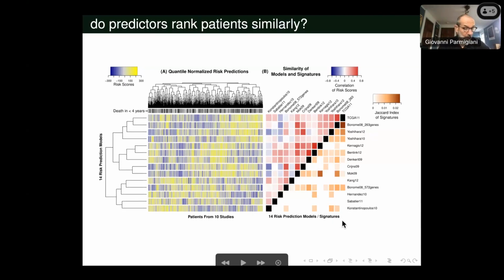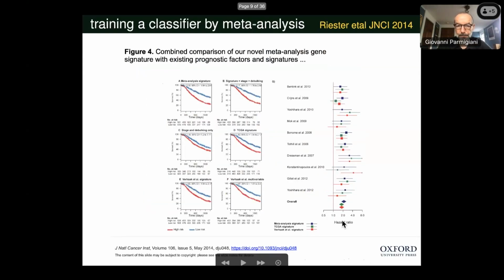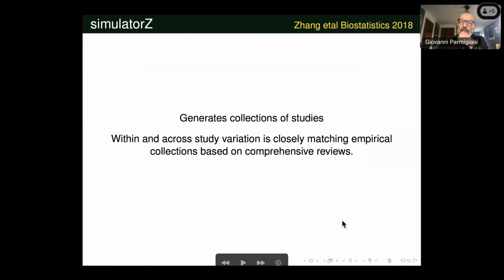Okay, so that's by way of background and initial inspiring application. I want to now move to the more methodological work and tell you first about a strategy that we've been following a lot for doing simulation studies and experimental work, which is to leverage this type of comprehensive collection of studies to generate in silico data that is as faithful as possible to the real data. Not just one real data set, but the entire collection of data sets that we find in the literature about a specific problem. This is a lot of work, and you can only afford to do it once in a while. But there are now resources like this around, and you can often